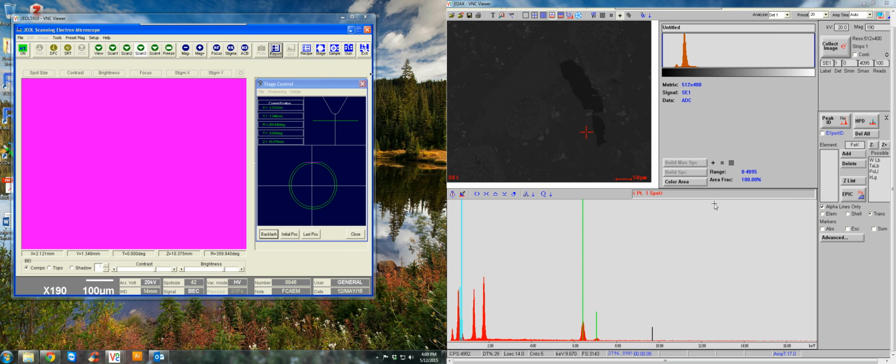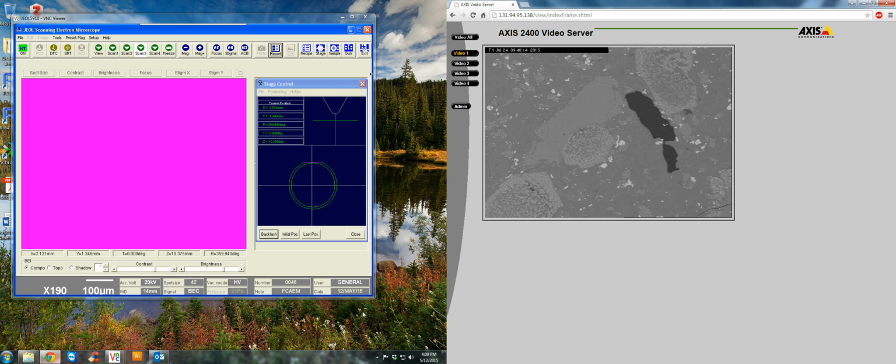Hey everyone, this is a short tutorial on how to use the EDS Genesis software and the EDS detector. Now that you're successfully connected using VNC to the SCM computer in this window and the EDS computer on your window on the right, and even your browser, which will give you the live video feed of your sample, you're